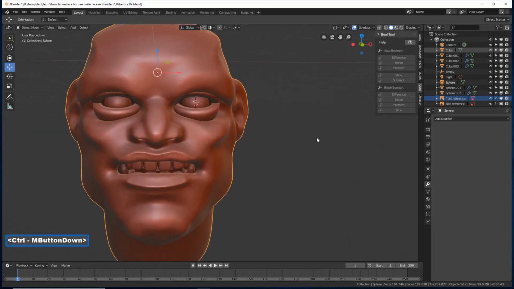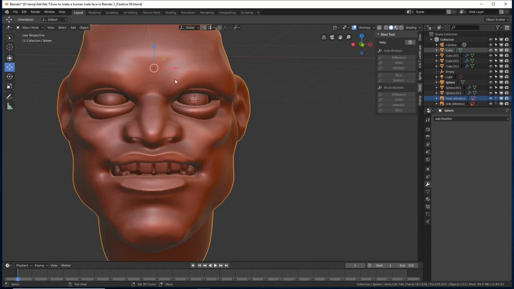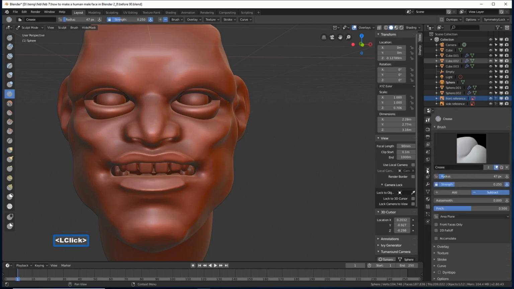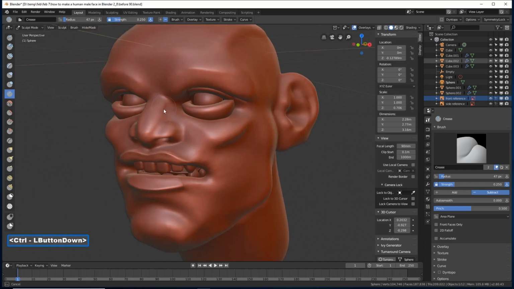Okay, let's give him some eyebrows. I'm going to hold shift and press the right mouse key to move the 3D cursor to here. I'm going to go back to sculpt mode. Fairly quickly. Dynamic topology turned off. Give him back some of his edges, not as crazy as before, but